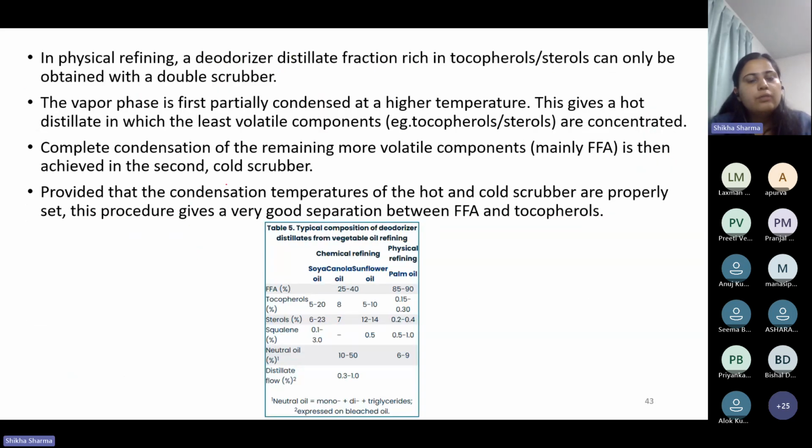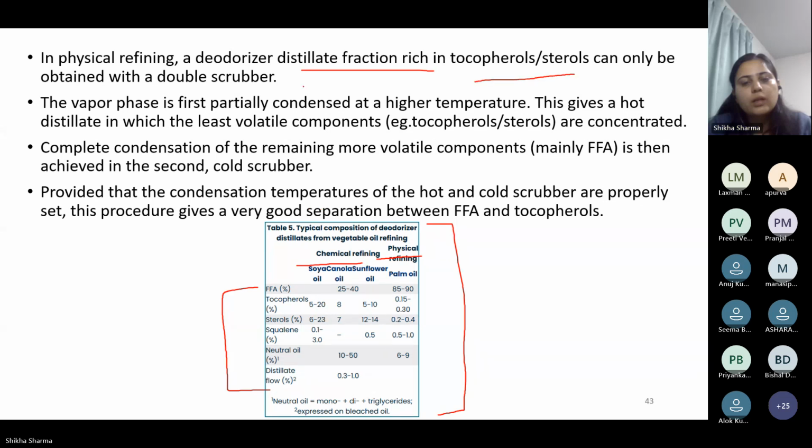In physical refining, this is an example where the deodorizer is producing some deodorizer distillate, and it has these kinds of compounds present, depending on whether we are doing physical refining or chemical refining. So in physical refining, a deodorizer distillate fraction is rich in tocopherols, sterols, and can only be obtained through the